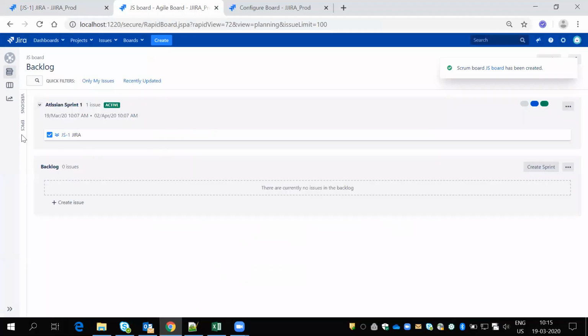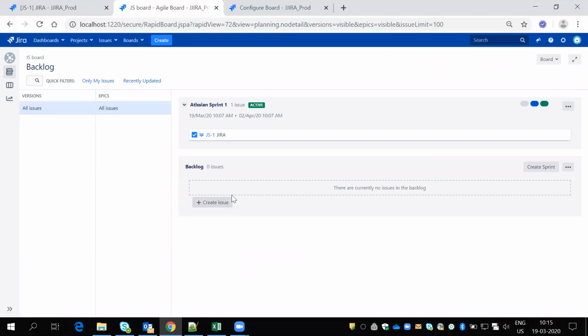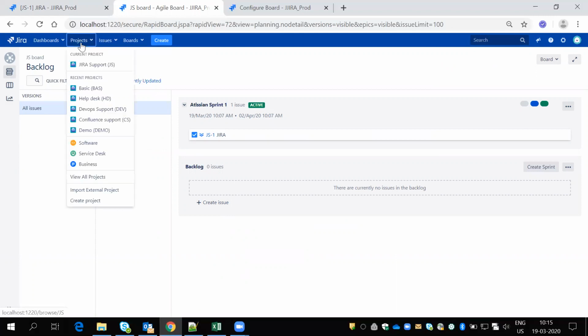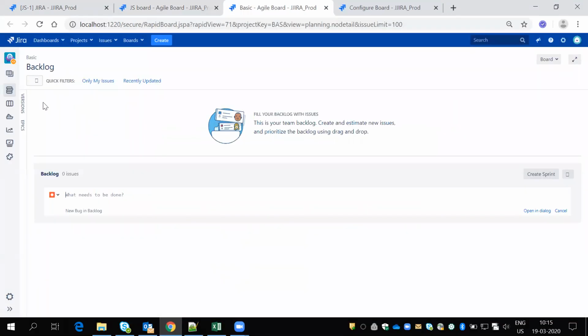Here you can see the epic and versions we have. If any ticket is created here, the same will come here. We can move it. But see, this looks like before. When you open any project, suppose this basic project, it opens like this with all options like epic, versions, backlog, everything.